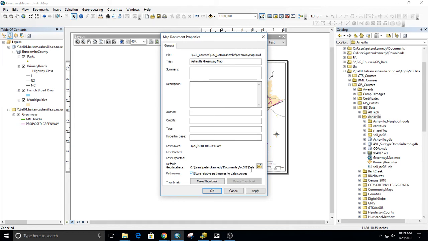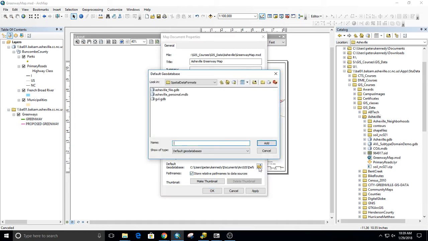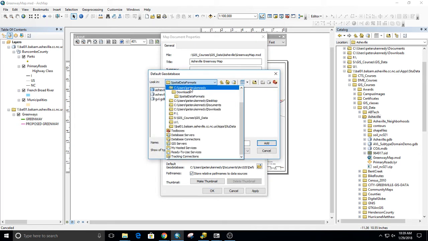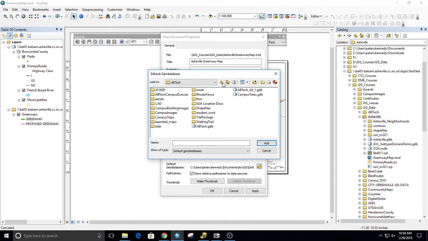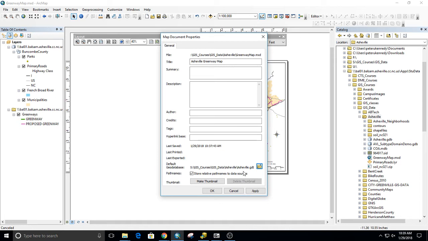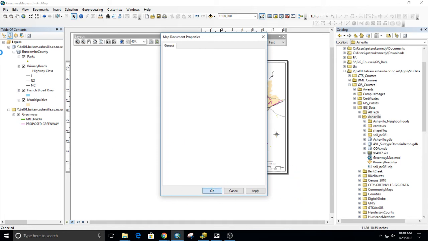So store relative paths. The other thing is to change your default database. Make your default database the database that you're working with in your project. So if I double click the right folder, I'm going to make Asheville my default geodatabase. So now if I were to say